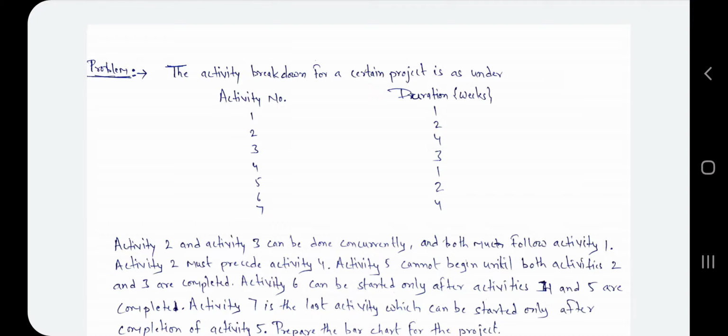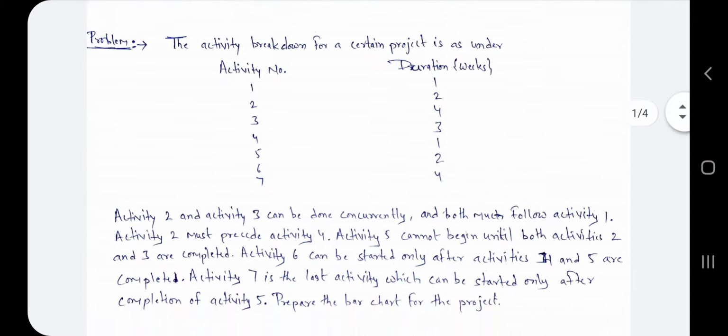So the problem for the bar chart is: the activity breakdown for a certain project is as under. Activity and duration are given. Activity 1 takes 1 week, activity 2 takes 2 weeks, 3 takes 4 weeks, 4 takes 3 weeks, 5 takes 1 week, 6 takes 2 weeks, and 7th takes 4 weeks.